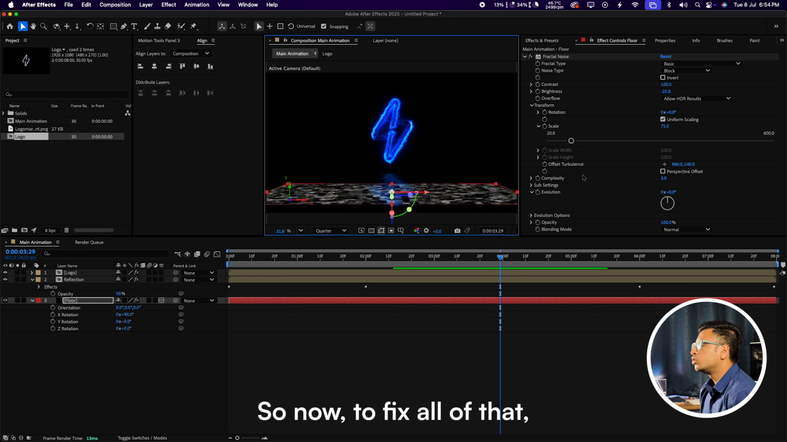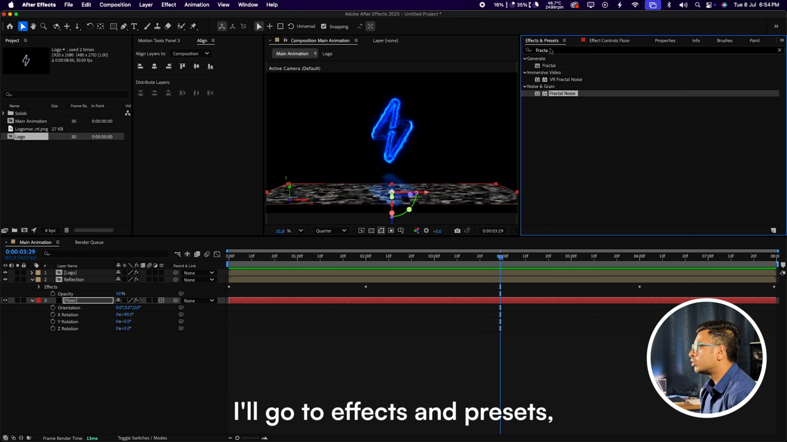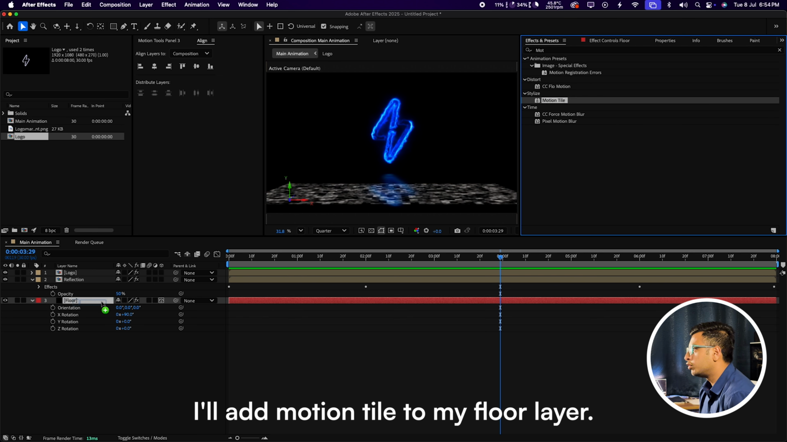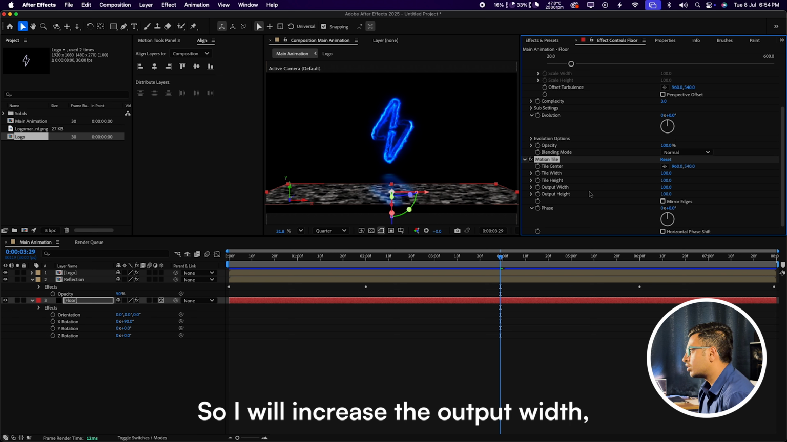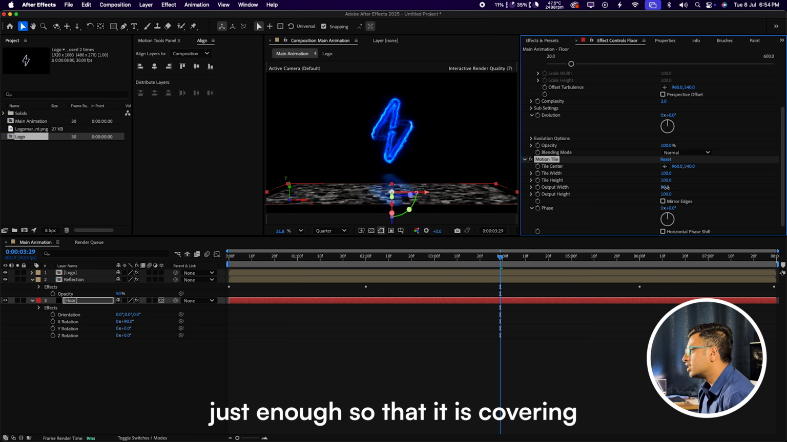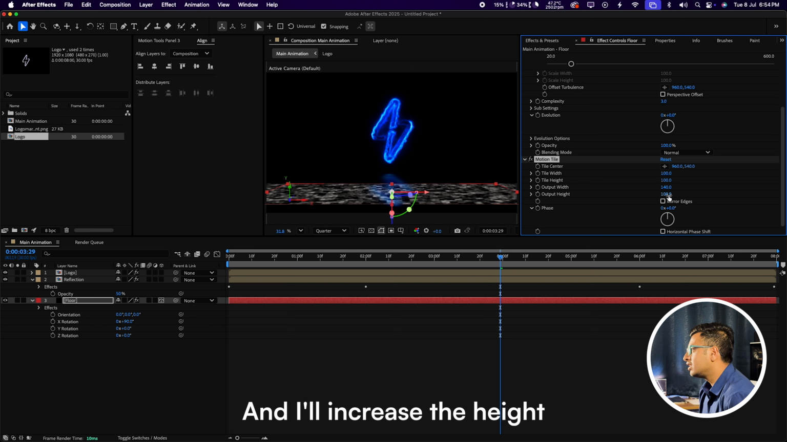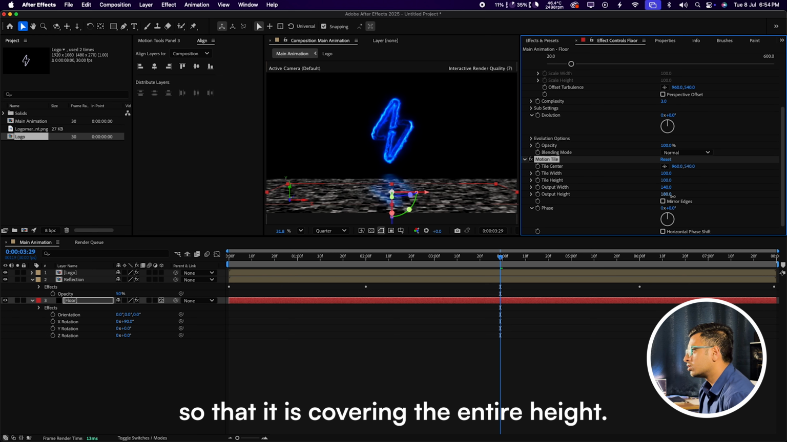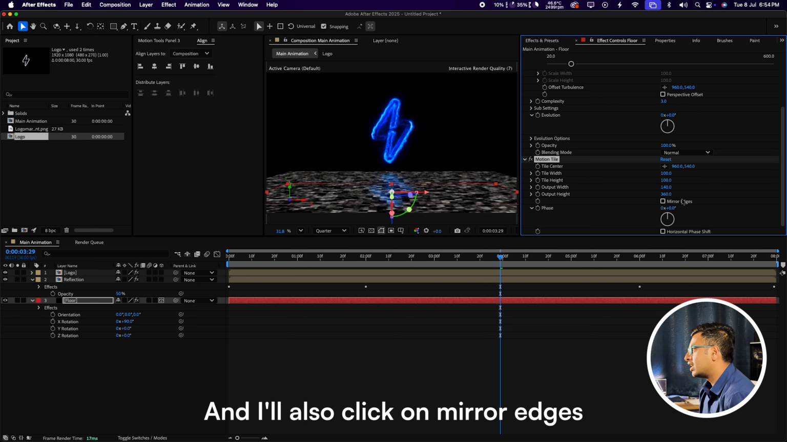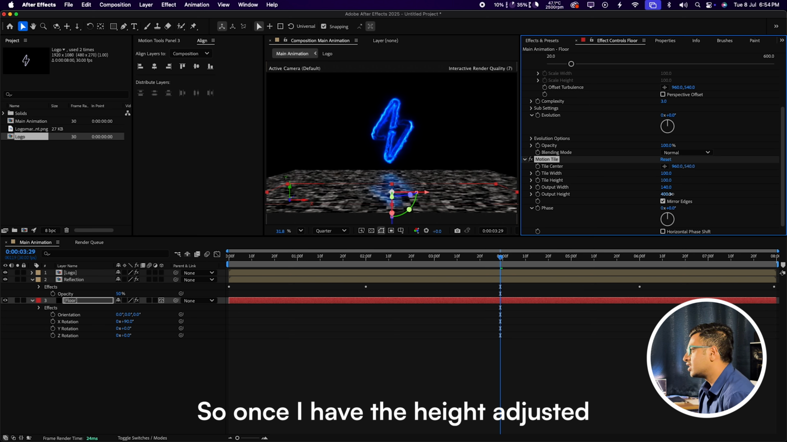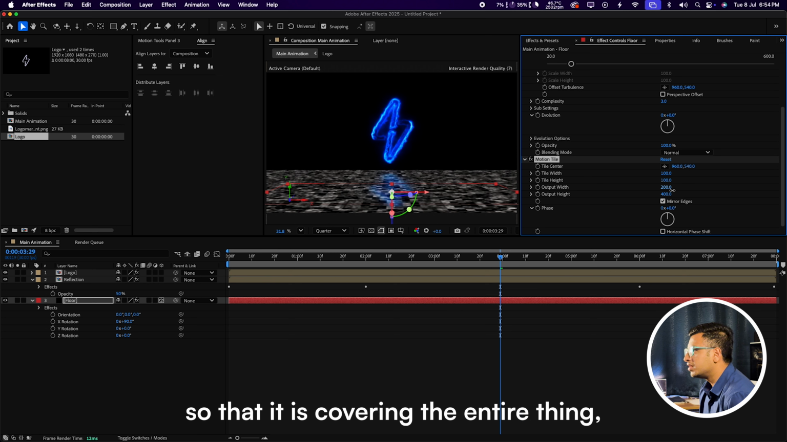To fix all of that, I'll go to effects and presets and search for motion tile. I'll add motion tile to my floor layer, and here I will increase the output width just enough so that it is covering the entire width of the composition, and I'll increase the height so that it is covering the entire height. I'll also click on mirror edges so that the edges are mirrored. So once I have the height and the width adjusted so that it is covering the entire thing,